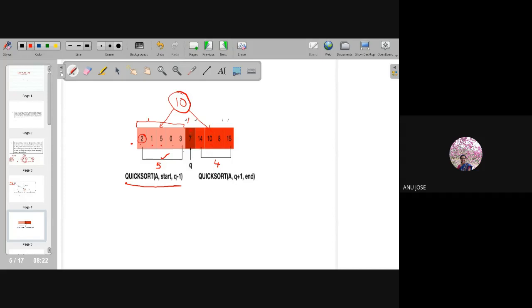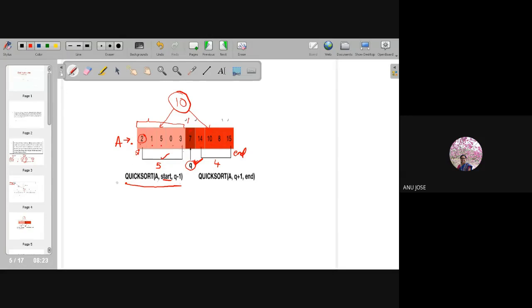So whenever I keep the pivot element in the first iteration in the qth location, here denoted as q, then quicksort is applied to the left hand side and the right hand side separately. The left hand array has the name A, starting from the start location, that is the lowest index. Start to end are the index values. So the subarray will be from start up to Q minus 1, the first array.